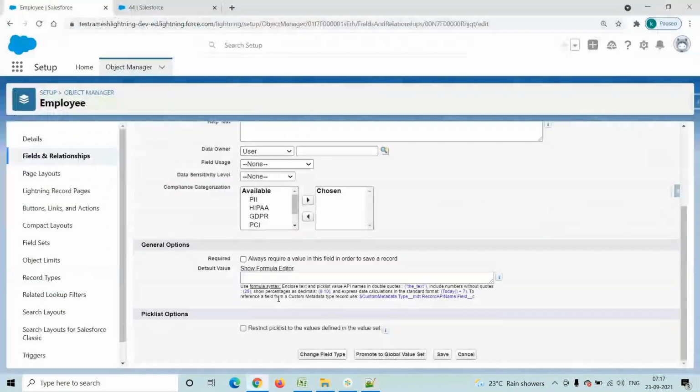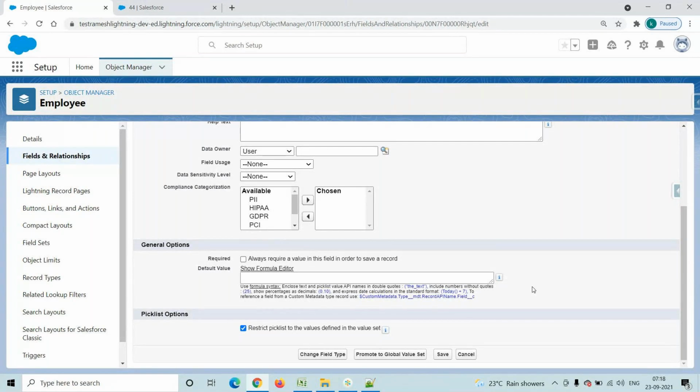Suppose you select this one, then the system will not accept whatever is there in the country. We have to add only those pick list values while creating. Suppose you add another value, then it will display an error message, bad pick list value. Suppose you are trying to create an employee record by using programming. While creating, suppose you add country equals Canada and insert, then what will the system do? It will display an error message saying bad pick list value.